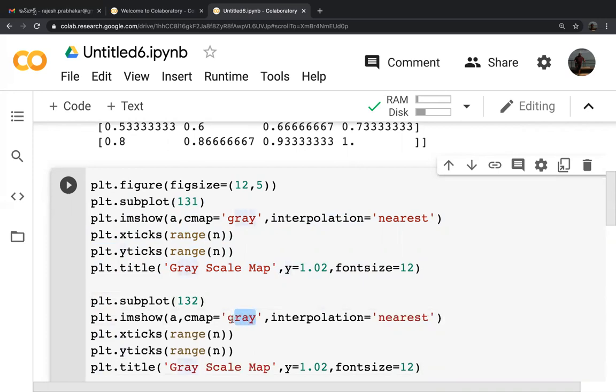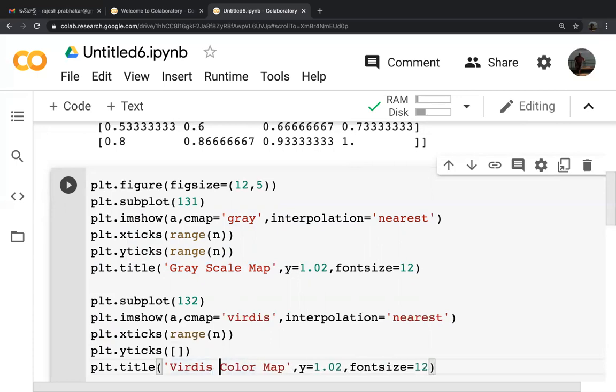Color map from gray, we will change it to Viridis. And interpolation, we'll keep it as nearest. For y ticks, we don't want to change the y-axis, so let's put it as square brackets like this. Now this is a Viridis color map. We are creating a Viridis color map.